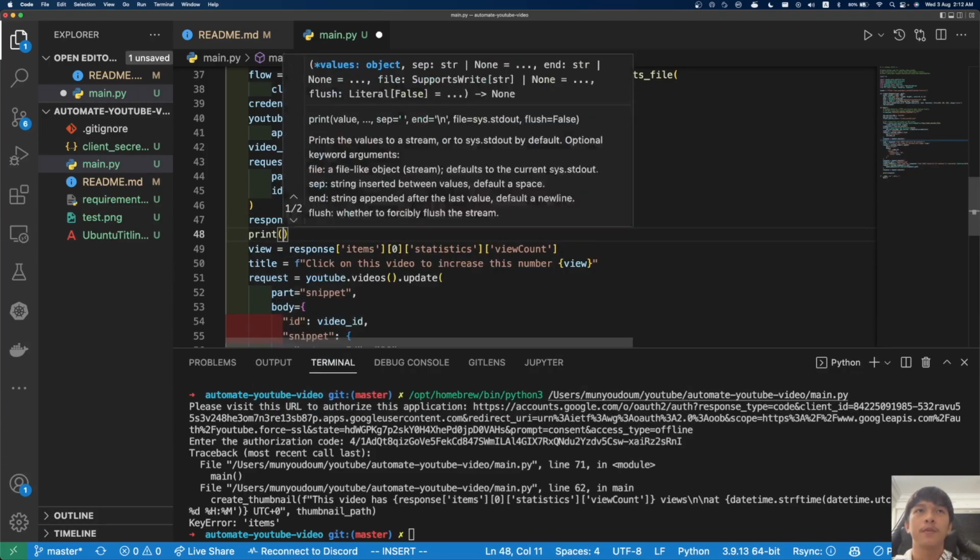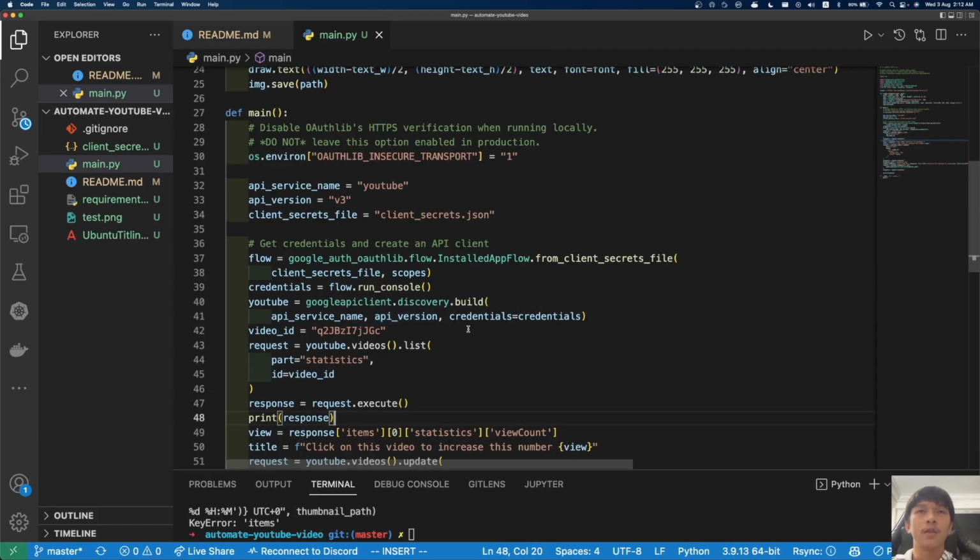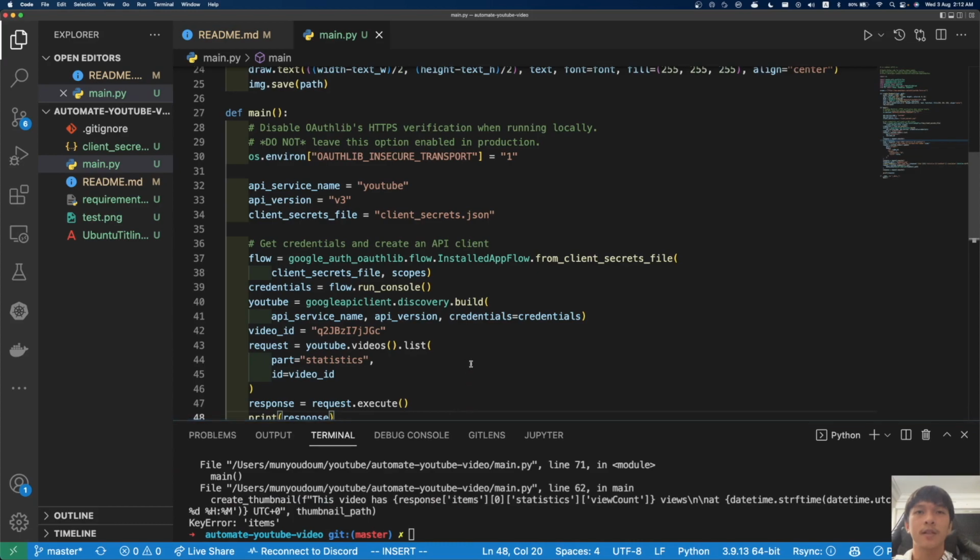Okay, let's just print respond while we're doing this. And by the way, since we're authorizing this application, just doing it the same over and over again by entering the authorization code, I'm going to try to have another way to do this, make it static and not put in the authorization code every time. And to do that, we're going to need to